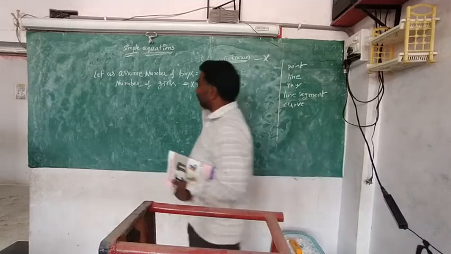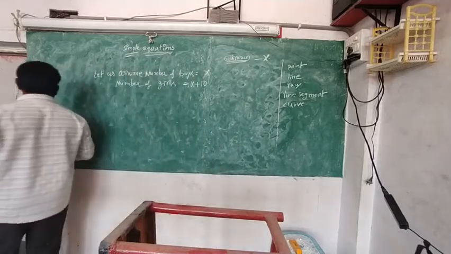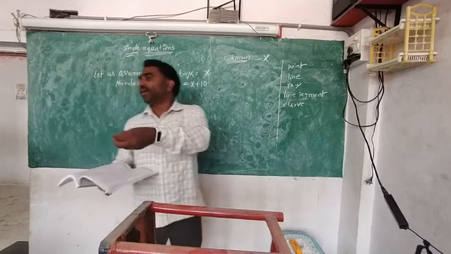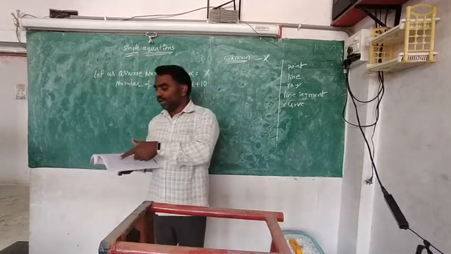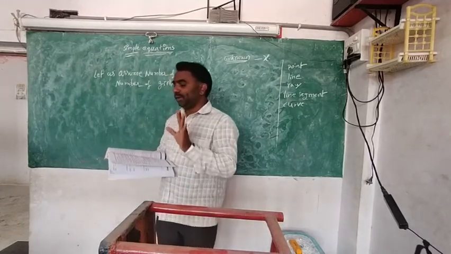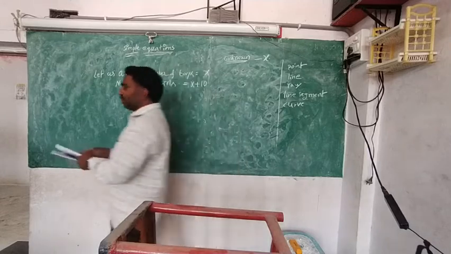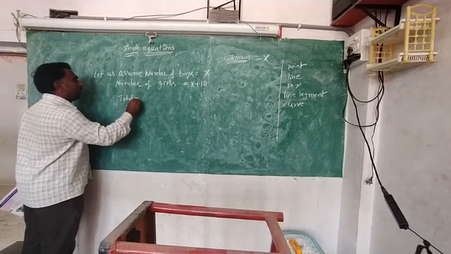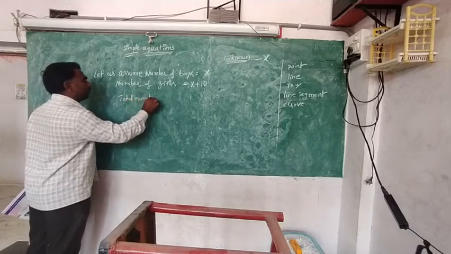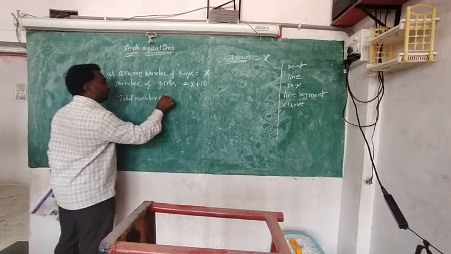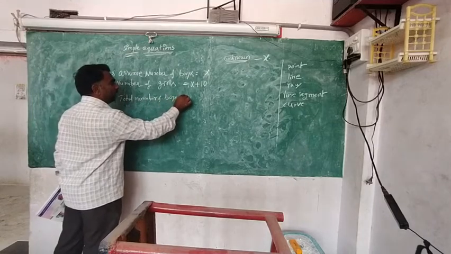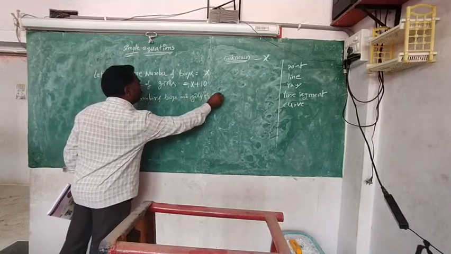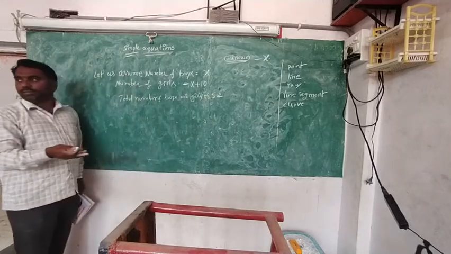Okay, next, this is our next step that I told you: look at what is given and see which part is useful to you, then convert it into mathematics. Which is useful here? 52. Total number of boys and girls is 52. That is important, that sentence you write. Total number of boys and girls is 52.